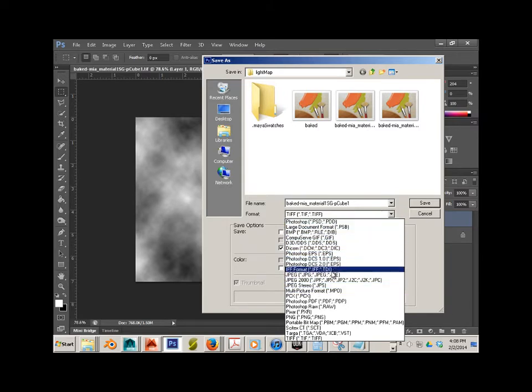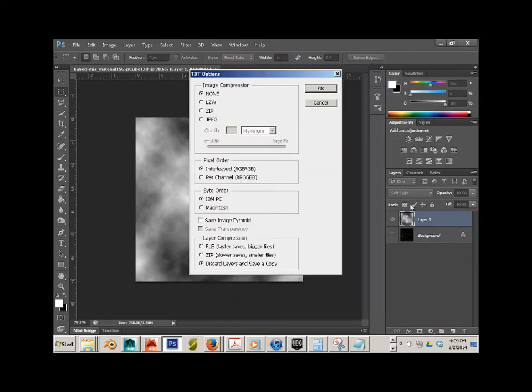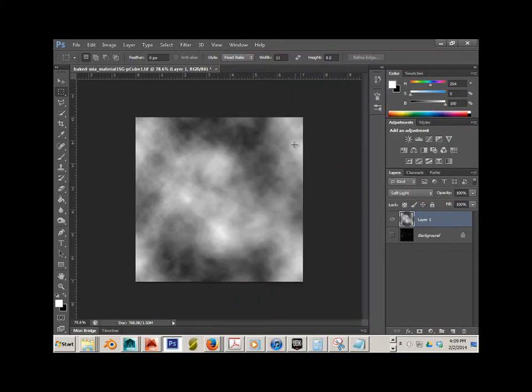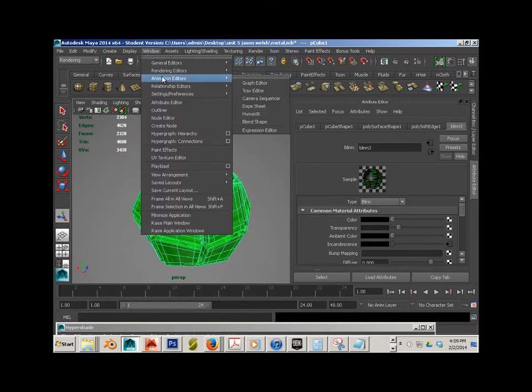It might need a little bit of tweaking, but if you go in here and save it as a TIFF, as a copy, no layers, call it trans material, none. Now this is totally a shoot in the dark here. Most likely you could just go like that and it's good to go, but